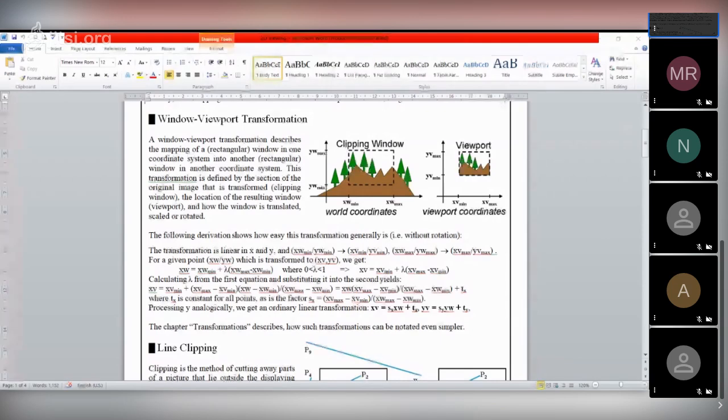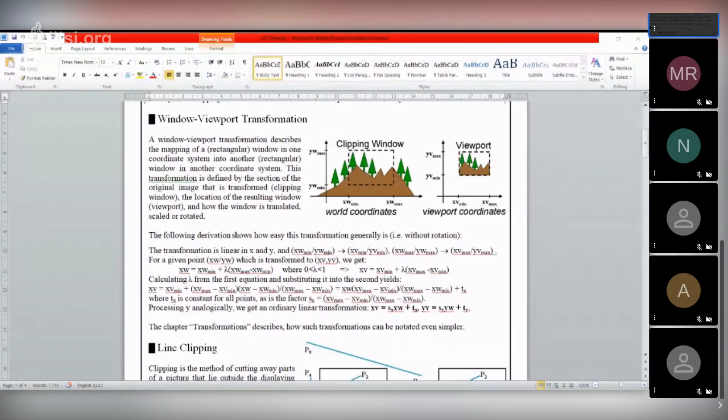Suppose this rectangle area is our clipping window. The other part which is not inside this rectangle area, we will not consider, or we can say that all these things should be rejected. So next, after capturing that, we have to fit this total window into our viewport.